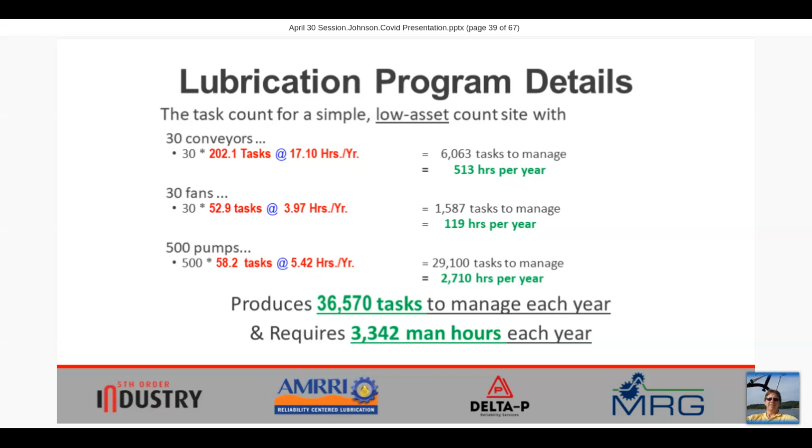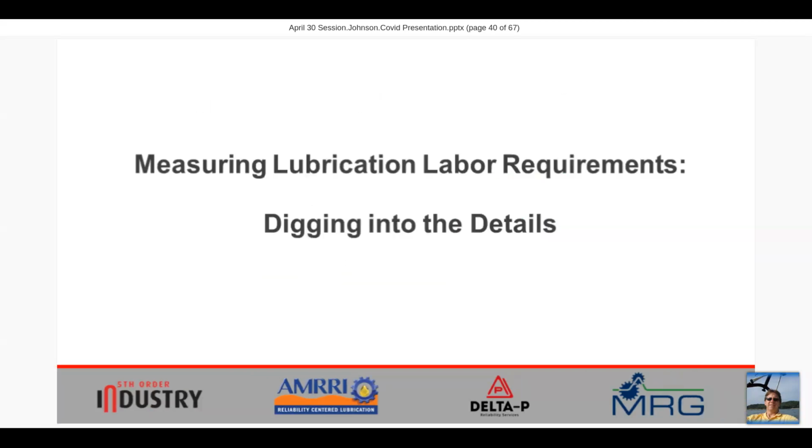Regardless of what we did 5 years ago or 10 years ago or 20 years ago, we've got to think about what our actual machine footprint requires of us today, and particularly in the era where our work practices, our work teams are disrupted. We're running split shifts. And looking forward, we don't think it's going to be business as usual. For the immediate time frame, we've got to begin to think through how we're going to allocate labor. So that's kind of the big picture. Let's dig into the details a little bit more.